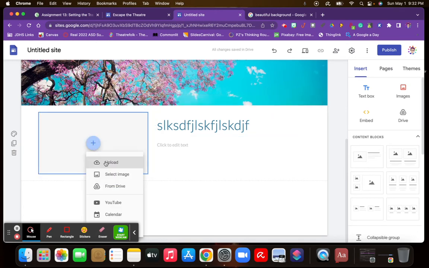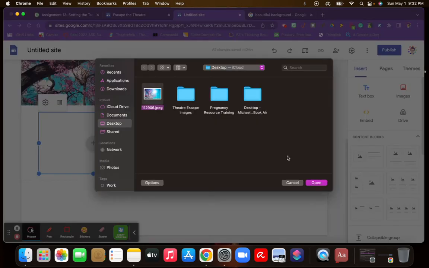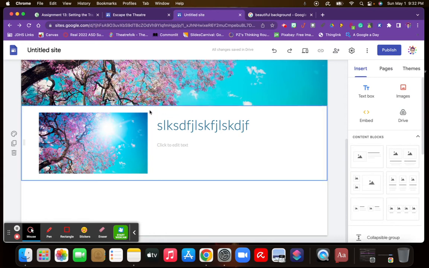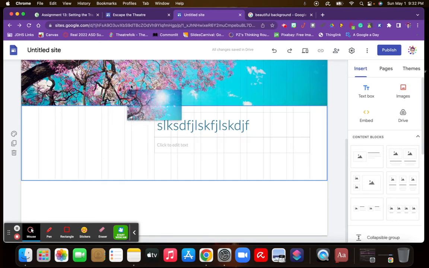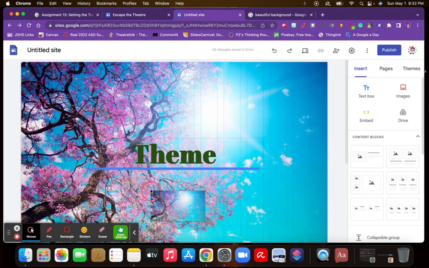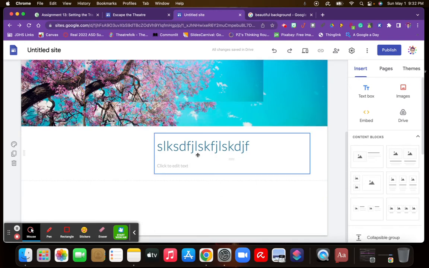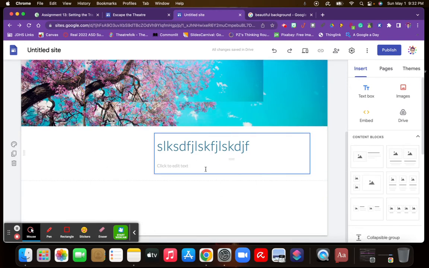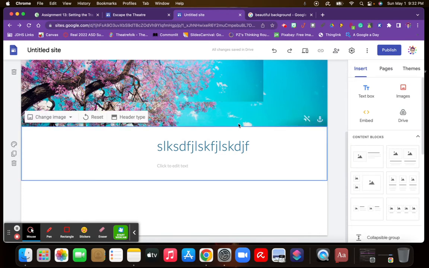We upload another picture. I'm just going to upload the same one. And then click off of it and click back on it, and you should be able to move it. Let me see. Yeah, it'll let us move the picture by itself. I'm not sure why it's not letting us move that, but if it's going to be that way, you can